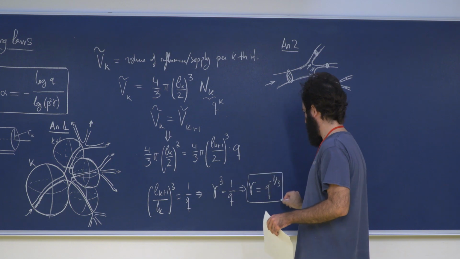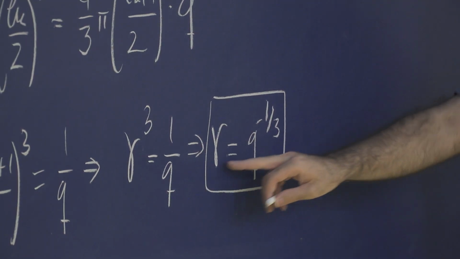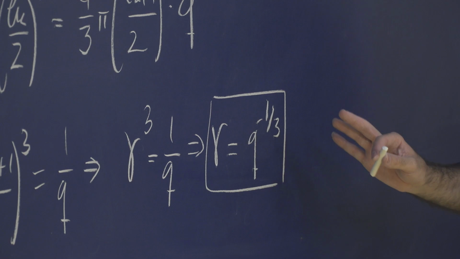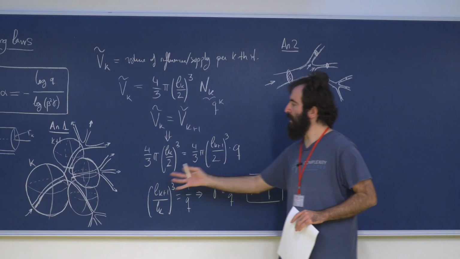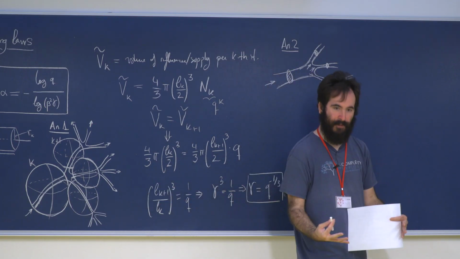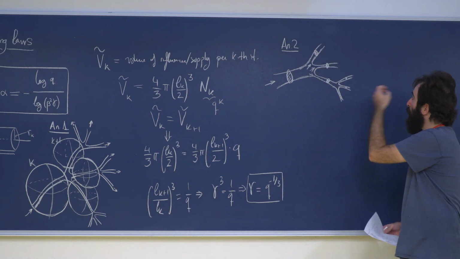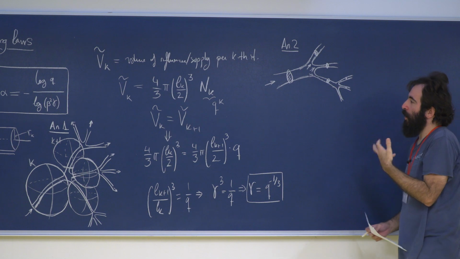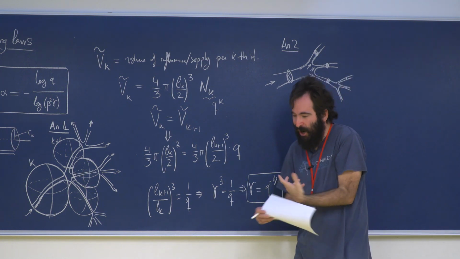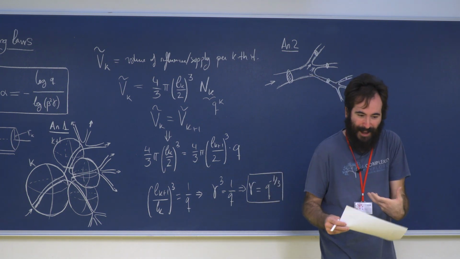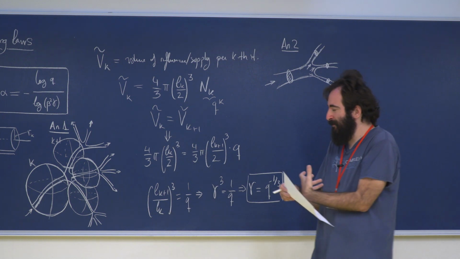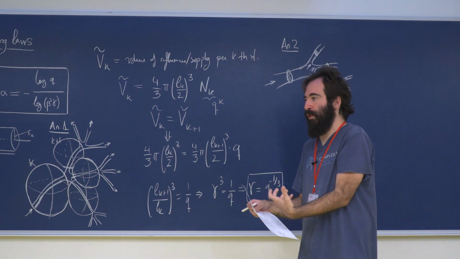Great. We're getting closer. Now we have gamma in terms of q, and all we did was assume that this needed to be a self-similar space-filling volume. Now, what's the other ansatz here? Remember, the other ansatz was talking about the economy of tissue. You want to somehow minimize the number of cells that you need